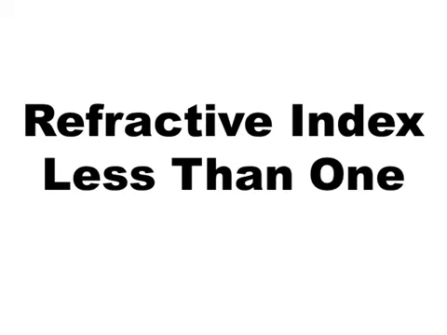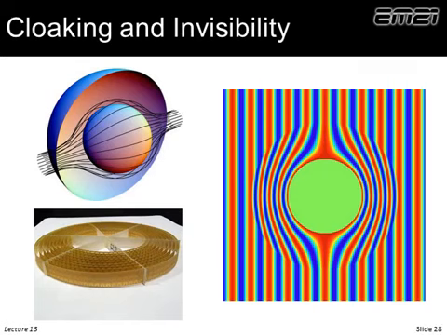Our next topic, refractive index less than 1, and this brings us into cloaking and invisibility. So let's think about what really needs to happen with cloaking. We have an area where we want to hide an object. So that means if we have a wave, here's the wave front traveling left to right, it has to bend around that object such that after it passes through it, it reconstructs that wave front. And we probably have air out here. Well, if we have air on the outside, that means this part of the wavefront at the very edge is traveling at the speed of light, and we can't break that limit, right?